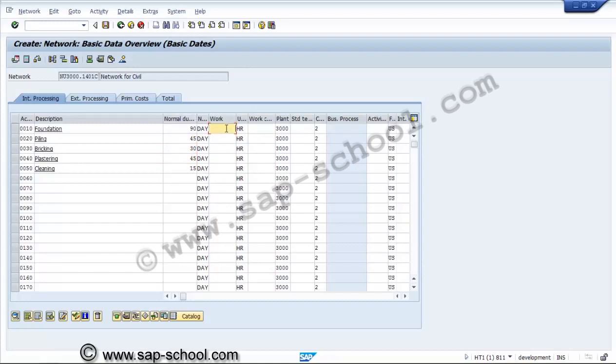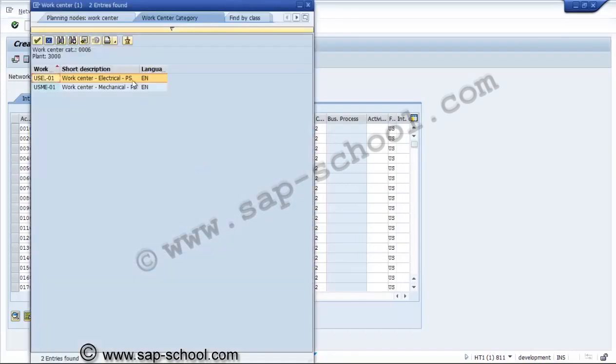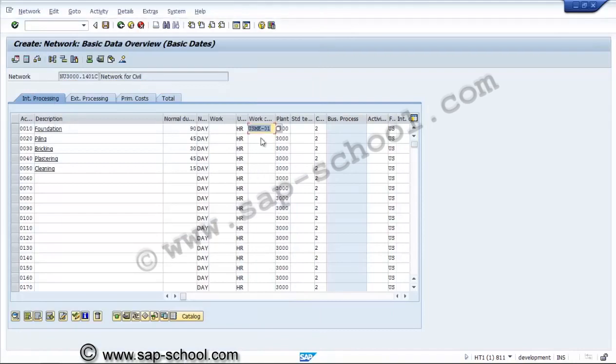For the temporary purpose we have given this. Now we have to give the work center over here. We have created work center for the project, so we use the mechanical work center over here. So we are assigning the work center. Since we have considered the automatic calculation of the work, now we have given the duration, and to calculate the work, the number is required, how many resources are being used for this particular work.